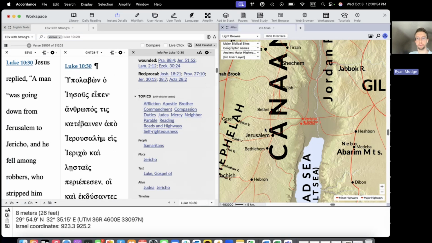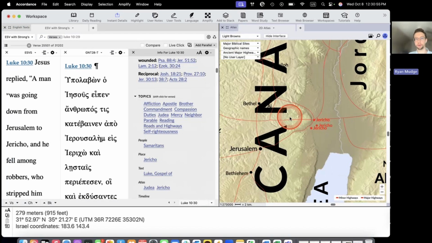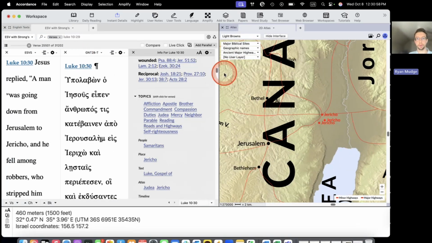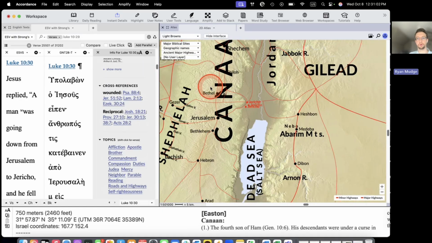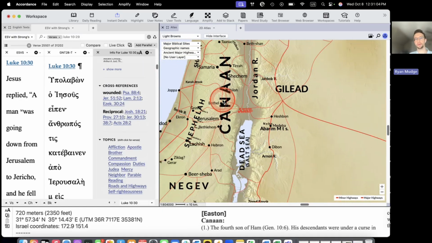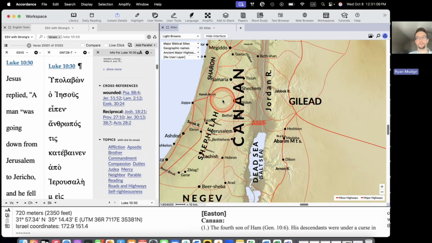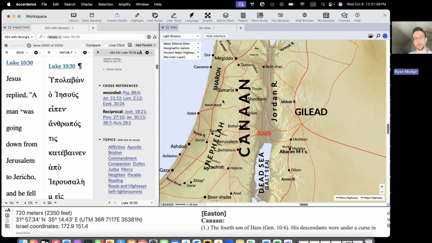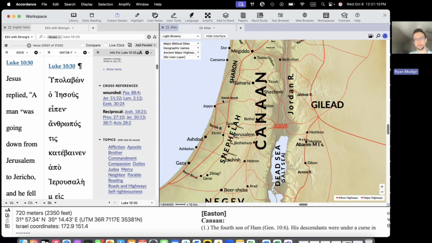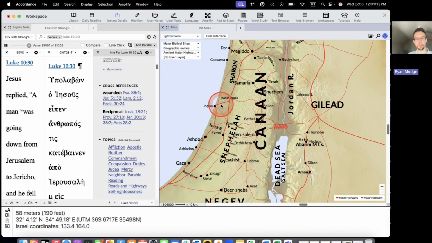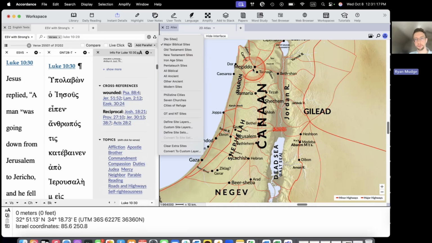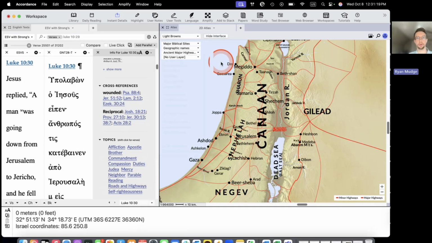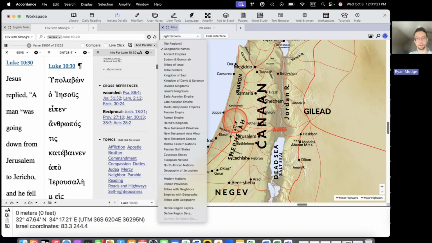Well, if I click on Jericho on the list, then it opens the Accordance atlas. And let me again give this some more space here. Now the Accordance atlas, we don't have time to show everything in it today, but it gives you a plethora of information, kind of showing you that geographical context for the biblical storyline. So here, there are different sites that you can see. You can see all these different locations. There are different geographic regions you can choose,